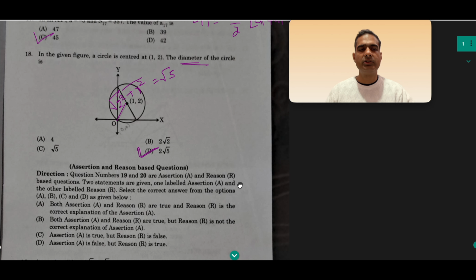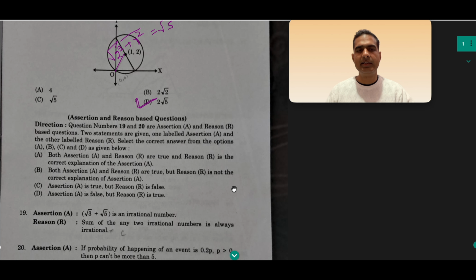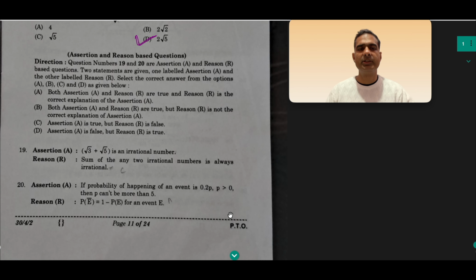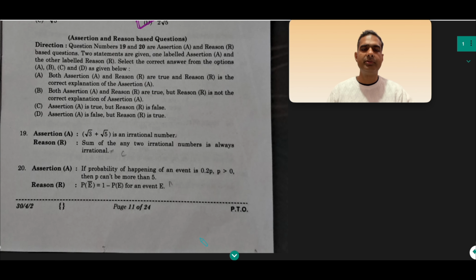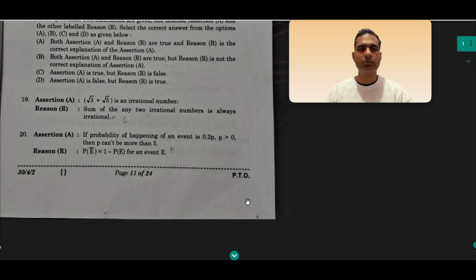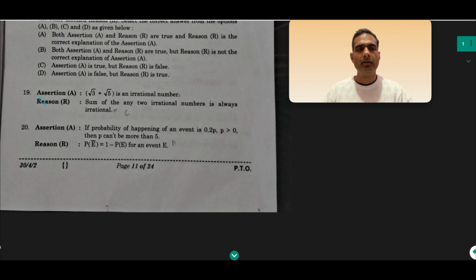Now moving to the question number 19 and 20, they are assertion and reason based questions. So you all would be familiar with the options of the assertion and reason based questions. So we are not going into discussing those options. We will just directly go to the question number 19. Question number 19 is, assertion is root 3 plus root 5 is an irrational number. So we can directly see,